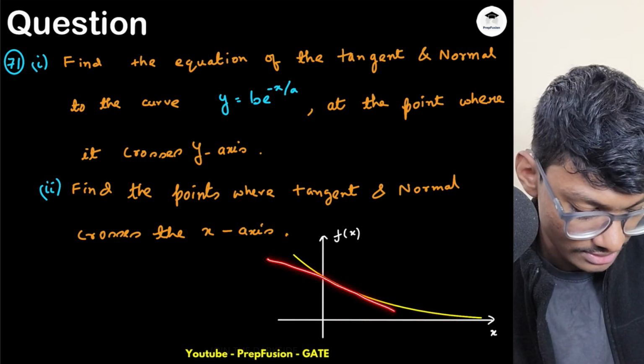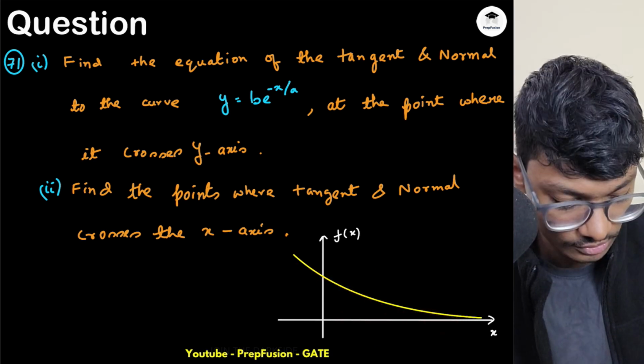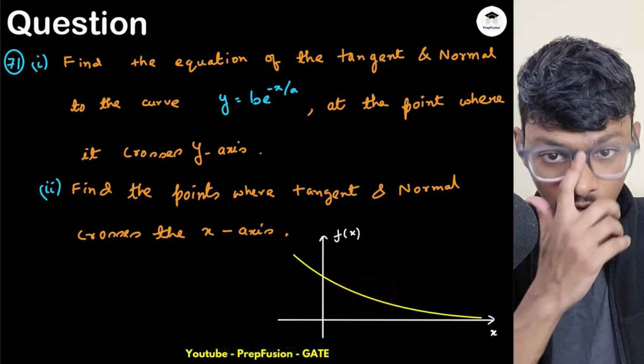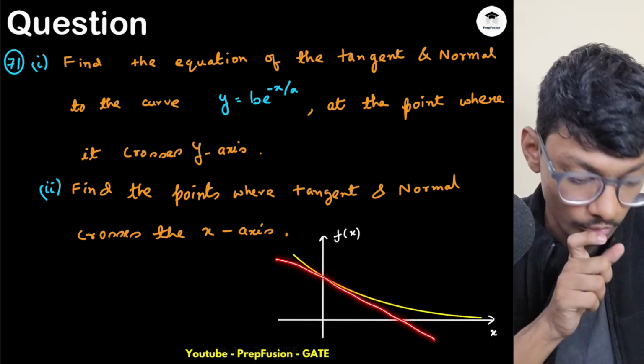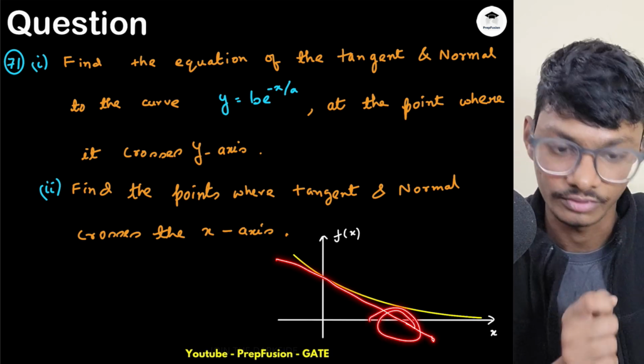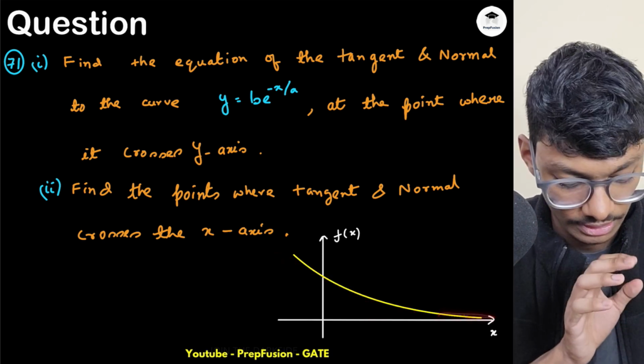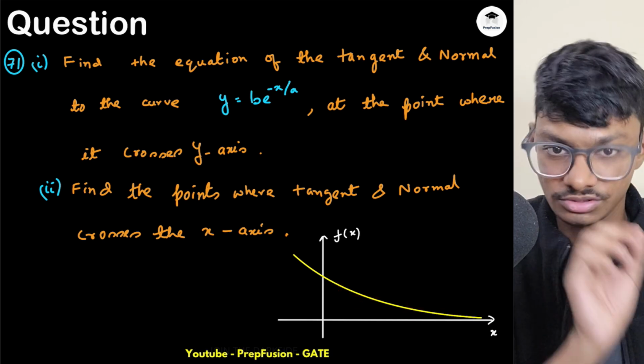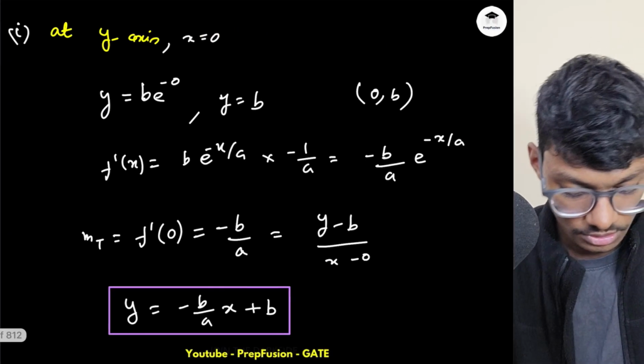So here I have the tangent, right? Don't get confused with this curve. This curve is different. I'm talking about the tangent, the equation of this line, not about the curve. And this curve is crossing the x-axis at x equals to infinity. That should be clear to you. So here